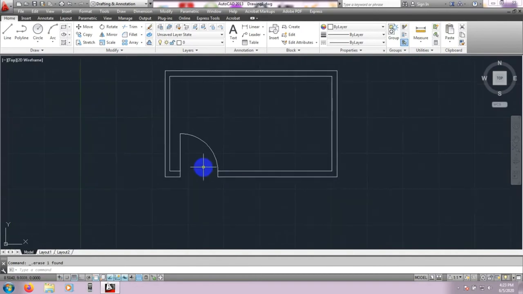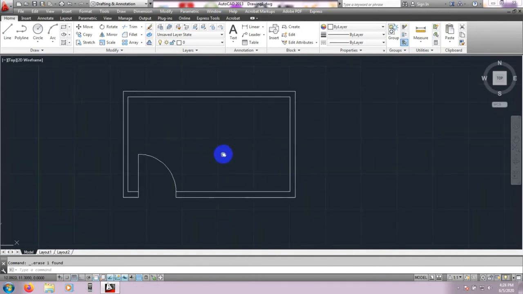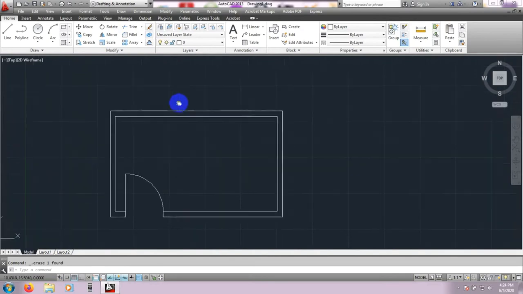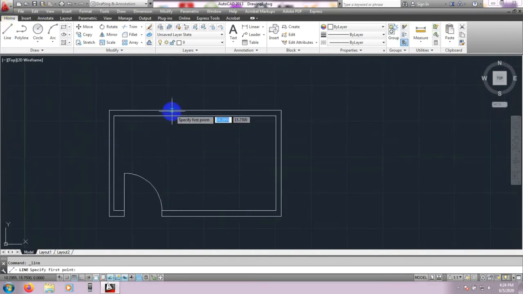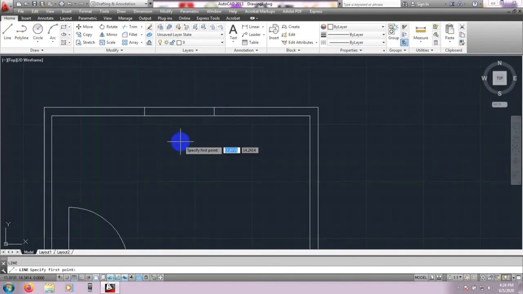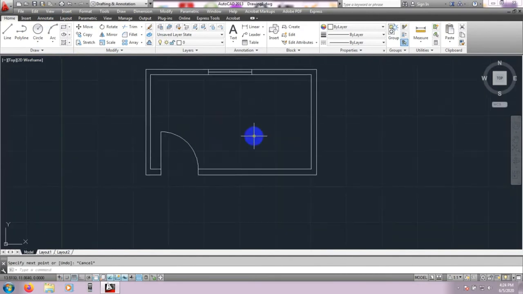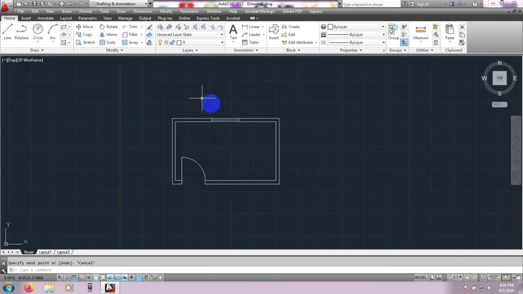Now suppose this is a room, and suppose there are some windows here. Suppose this is a window, and also if I draw a window here, suppose this is a window also. Now this is a room,